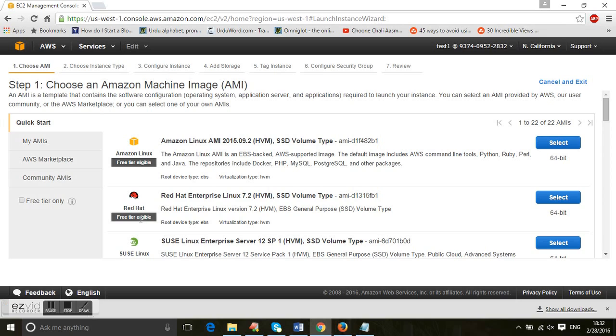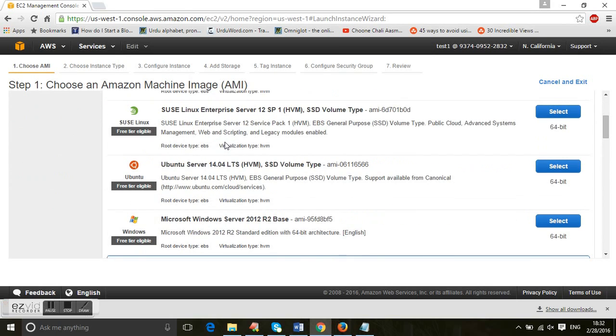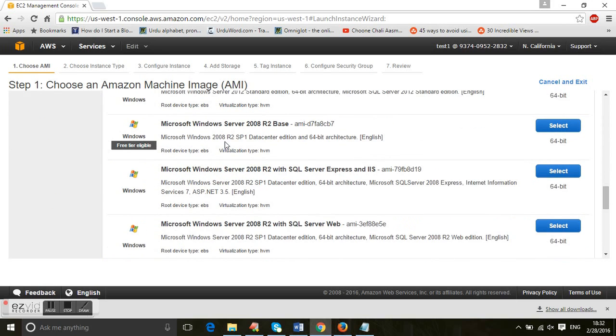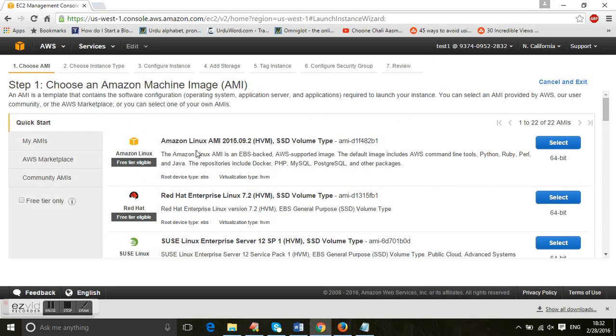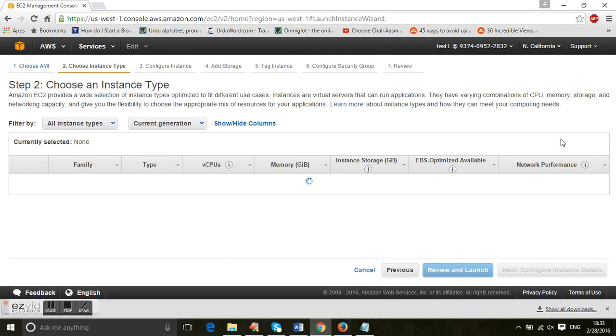Okay, choosing an Amazon machine image. An Amazon machine image, that is AMI, is a template that contains a software configuration. For example, an operating system, an application server, and applications. We can have replicas of about 22 total types of AMIs. We have Linux, we have Red Hat Linux server, we have Ubuntu, we have Windows. So free tier is also available, and we have the options of scaling each of these AMIs as per our needs and requirements. So for our web application, we'll choose the Amazon Linux AMI and go ahead choosing the